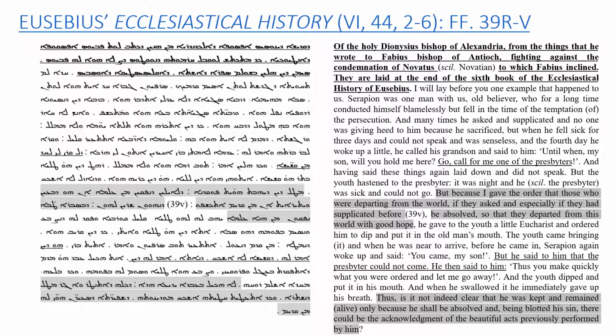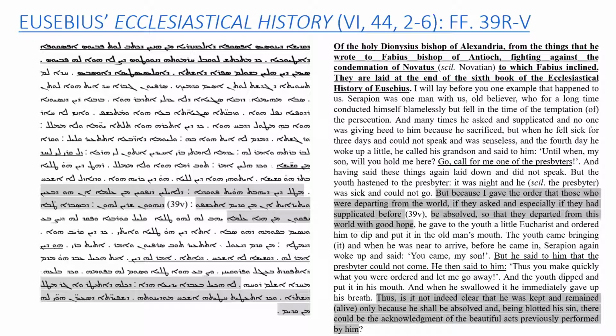This is a letter from Dionysius of Alexandria to Fabius of Antioch that addressed the issue of Novatian, because as you know, Novatian was against the forgiveness of the lapsi, the people who sacrificed, whereas Dionysius, as you can see in the first gray highlighted part, instead promoted their forgiveness, because, I'm reading now, if they ask, and especially if they supplicated before, they shall be absolved, so that they depart from this world with good hope. So that's the general content of the chapter,